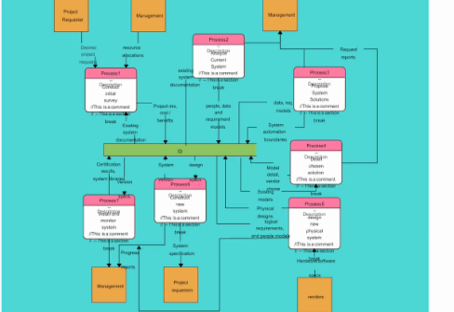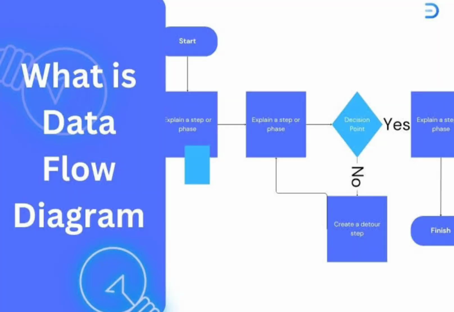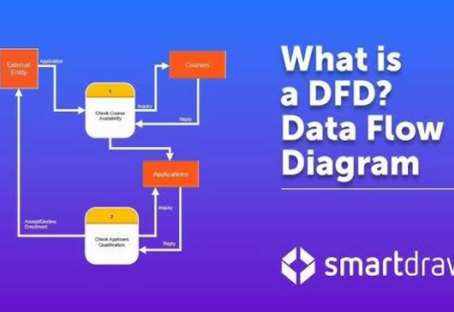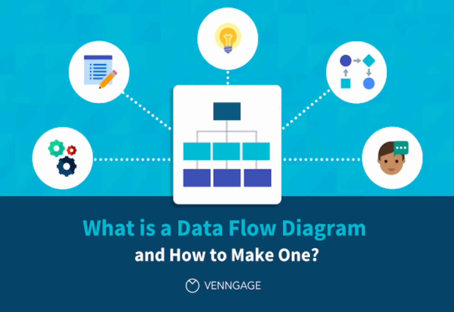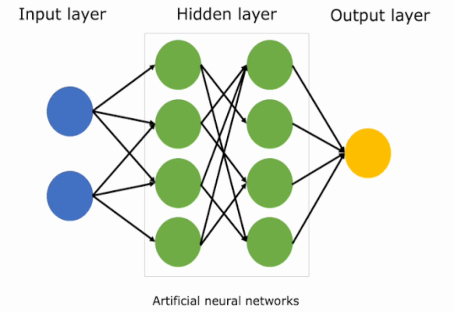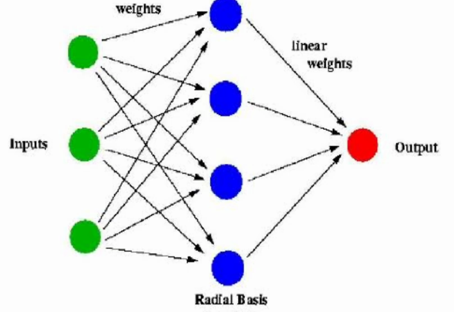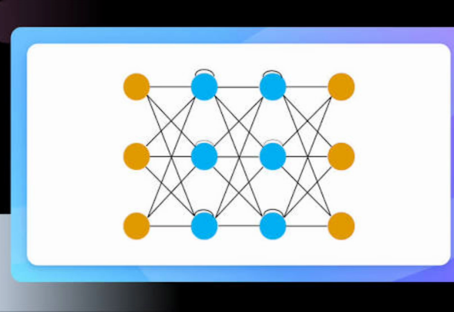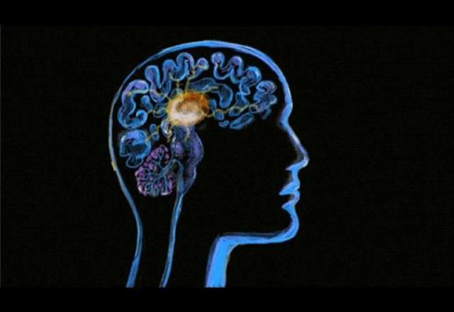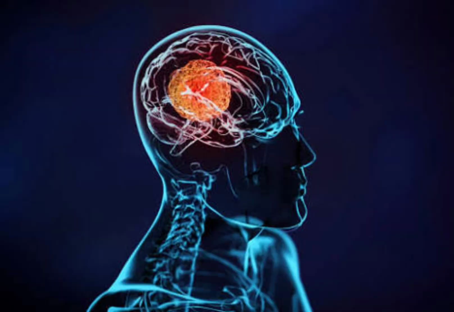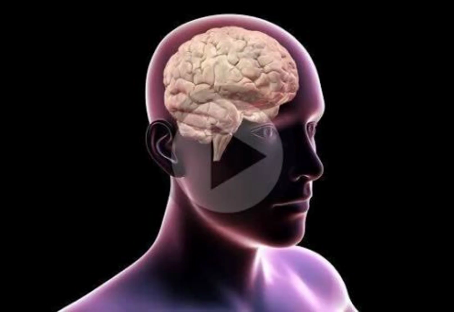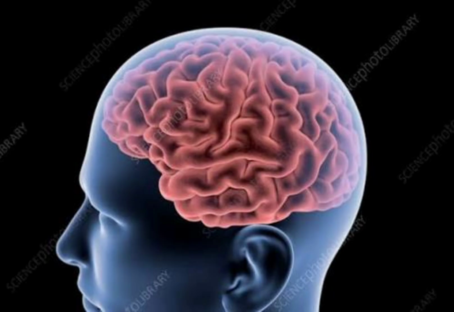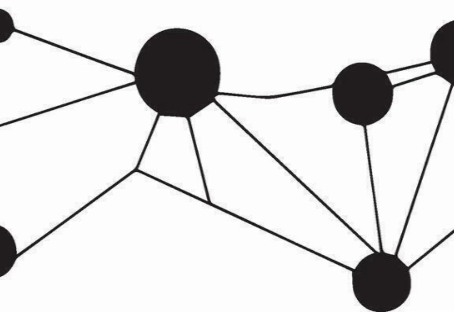Modern AI uses something called neural networks, which are inspired by the human brain. These systems are made of layers that process information step by step. The first layer receives the data, the next layers find patterns, and the final layer produces the result. For example, when recognizing a face, the system first detects edges, then shapes, then features like eyes and mouth, and finally identifies the face. This entire process happens very quickly.